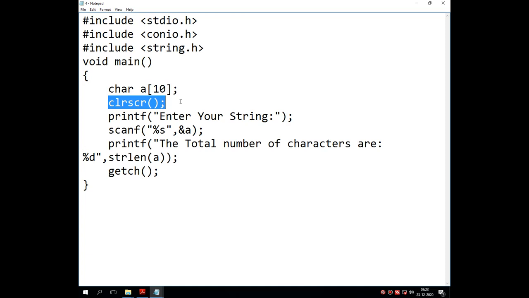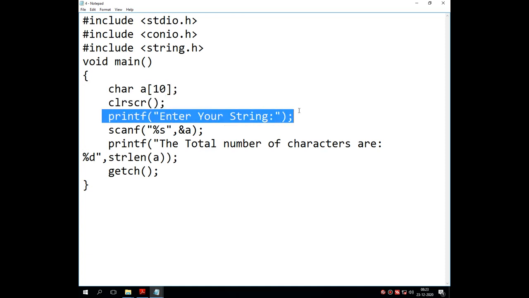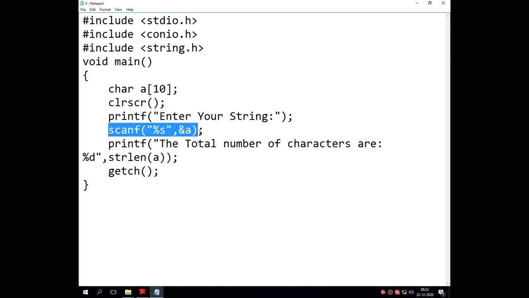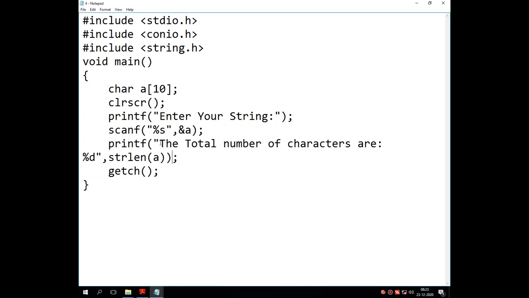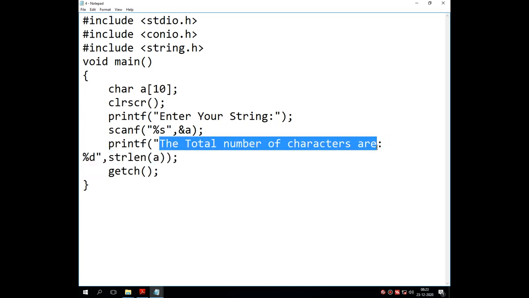After the clrscr function, next is the label, which is "enter your string". Whatever string is entered by the user is stored inside the variable a, and on the very next line the message I have given is "the total number of characters are %d".